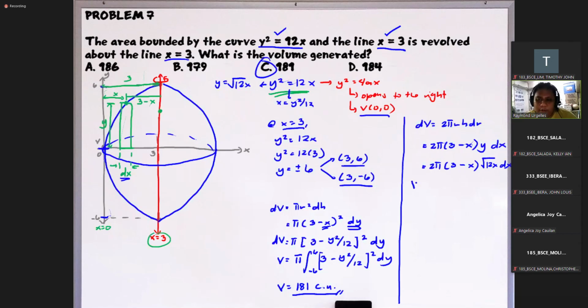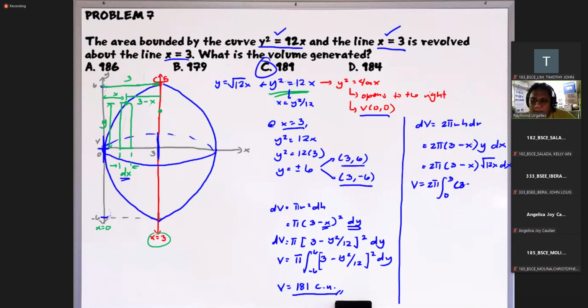Then to solve for the volume, integrate lang natin yan. Dito, magsisimula tayo sa x is 0 hanggang sa axis of revolution lang, so from 0 to 3 lang. Kasi pag lumampas tayo dun sa 3, meron na yung ka-partner dun sa kabila. Kumbaga pag ni-revolve natin yan with respect to the axis of revolution, madodoble yung cylindrical shell natin. So kaya hanggang dito lang sa axis of revolution.